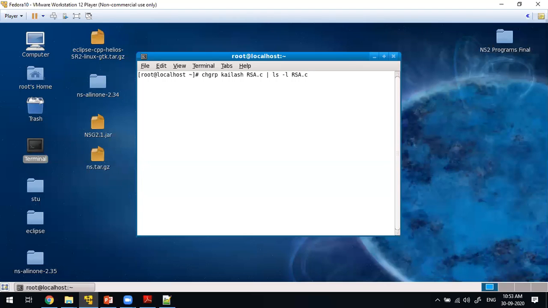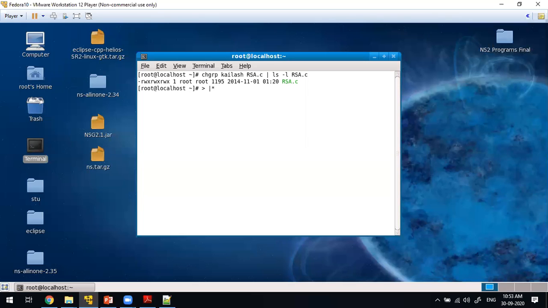That is called a meta character. See, it has changed the file permission and it is going to list that file rsa.c. Both the things you can do with this pipe symbol, joining the commands with this operator. This redirection operator, this pipe symbol, or any of these other operators, we are going to call them meta characters.